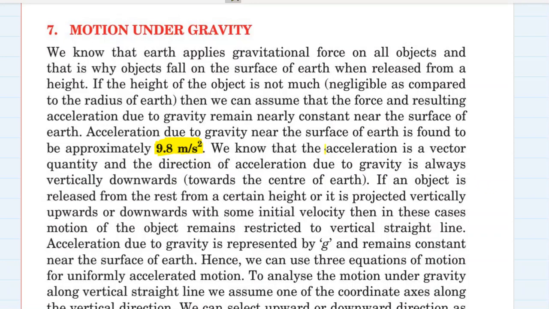So this acceleration, that is the rate of change of velocity with respect to time, that means whenever a body is falling down, its velocity will go on increasing by the rate of 9.8 meter per second every second, and when the body is thrown up, its velocity will go on decreasing by the rate of 9.8 meter per second every second. This acceleration is a vector quantity, that means it has magnitude as well as direction, and the direction of this